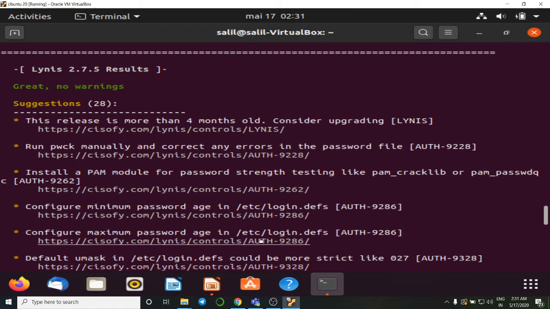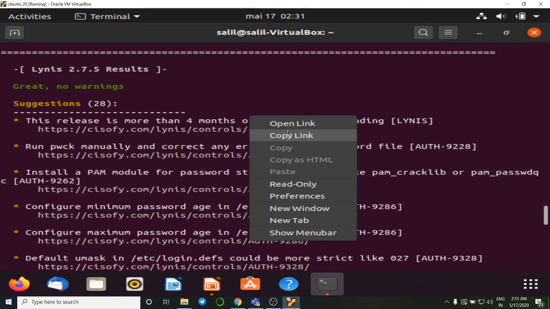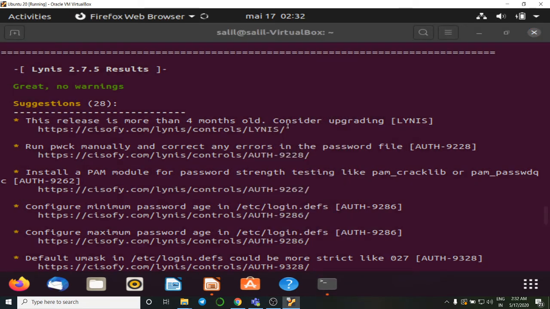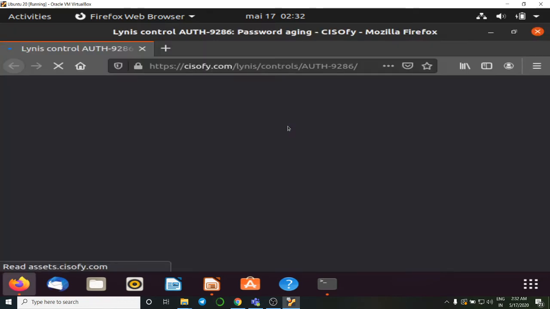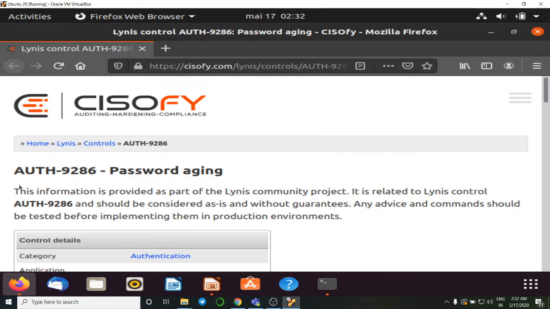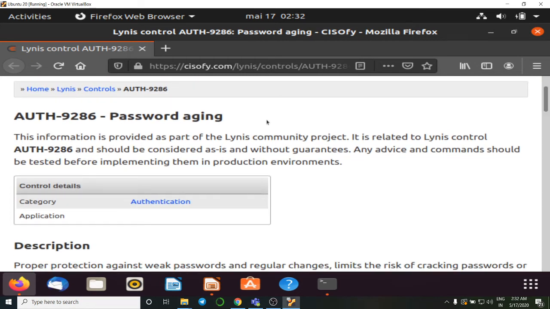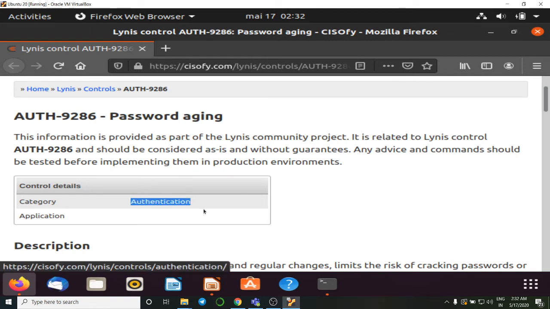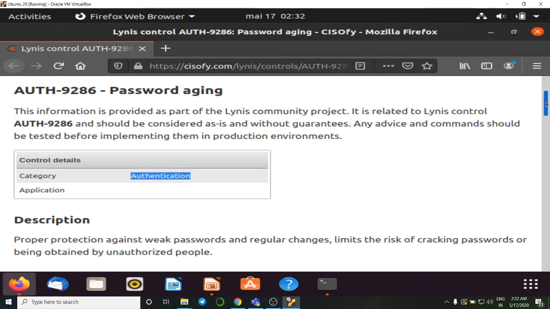What we need to do is just open this link which is provided in our audit report. When we open that link, it will show what kind or category this suggestion is. The category of the suggestion, as we can see, is authentication. So it is something related to authentication of our system.